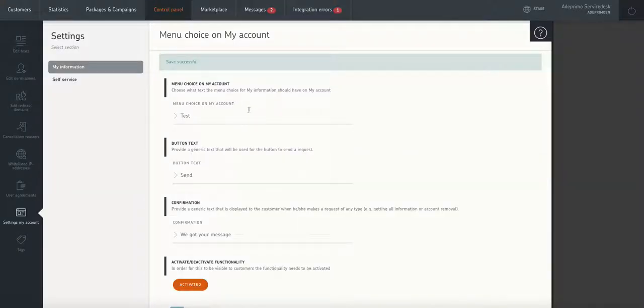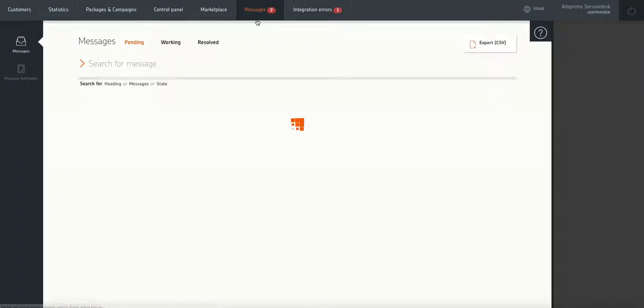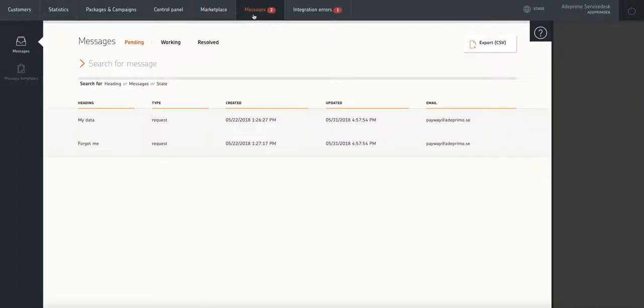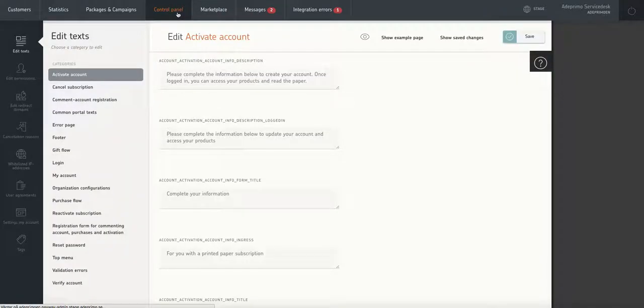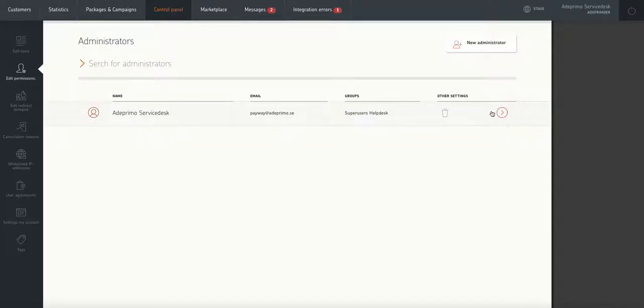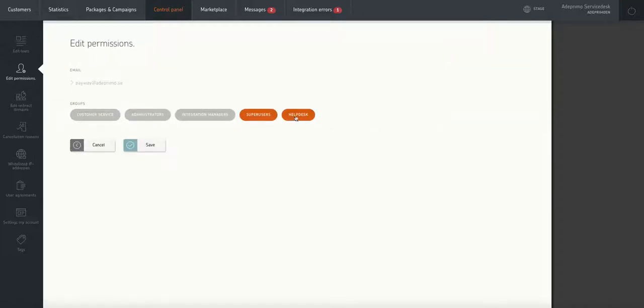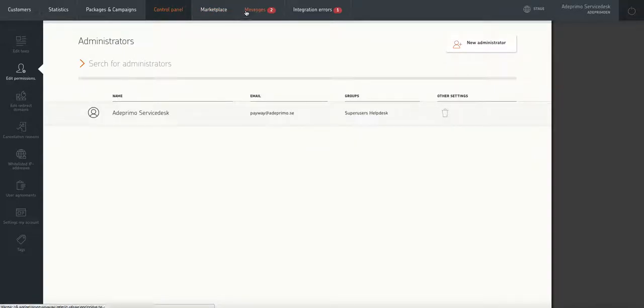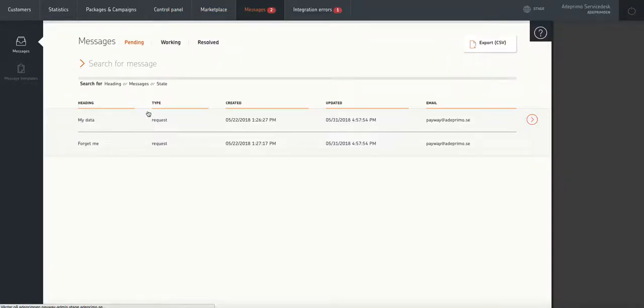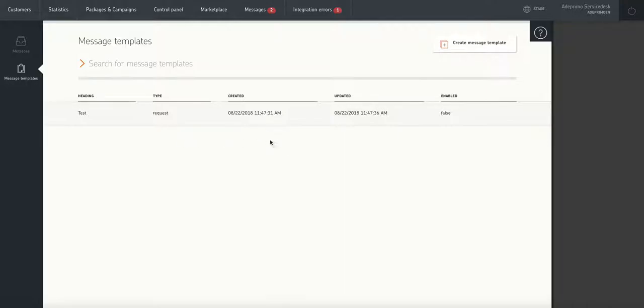And if I go to messages, notice that to be able to see this, one administrator has to have the role help desk, and you can change that from permissions. See here, help desk. If I go back to messages, I can create all sorts of different message templates. So if I create the message template,